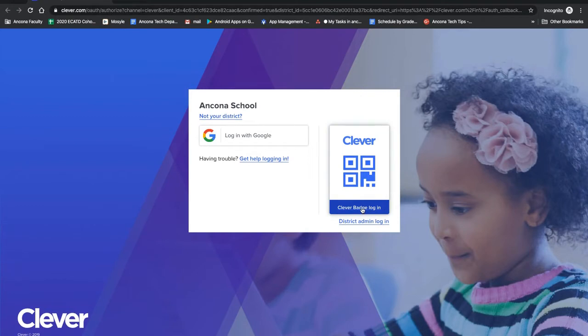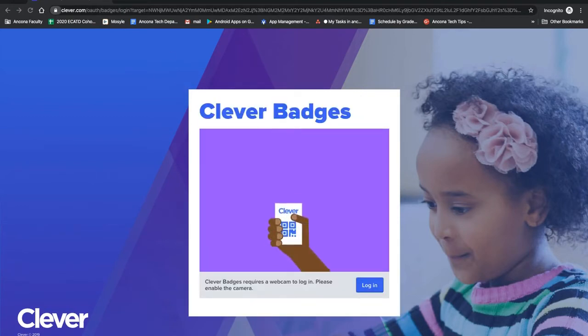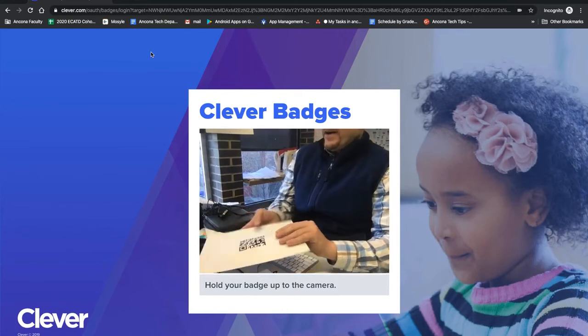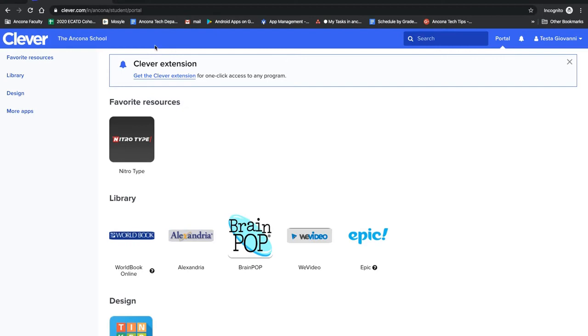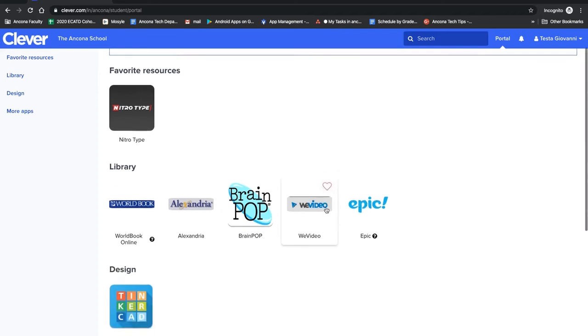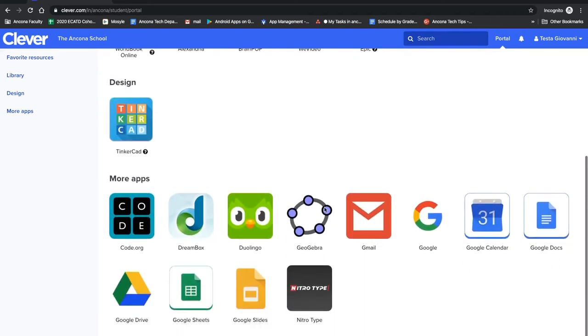And the cool thing about the badge, I'm going to go ahead and click on the badge here, is that I can use this QR code. It's individual to a student, and I can get right in. And not only can I do that, I just did it on my Mac right now, but we actually have it set up so that on the student Chromebooks, especially for our younger students, they can sign in on the shared Chromebook with their badge, and then it takes them right into this screen, and they are essentially already signed in on a bunch of these apps, or it basically saves their passwords, or it can use their Google